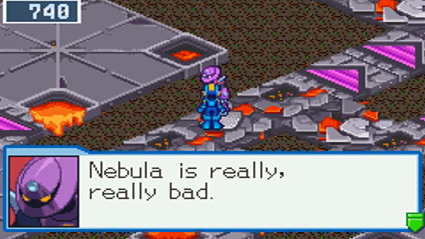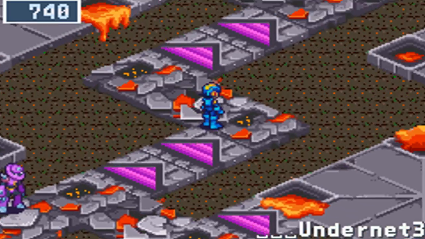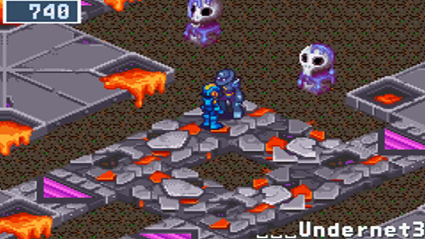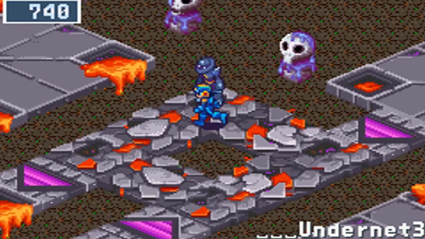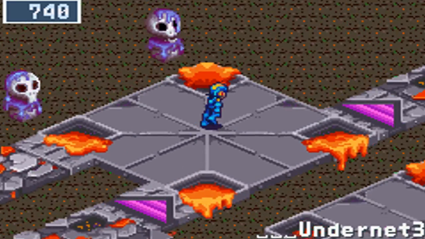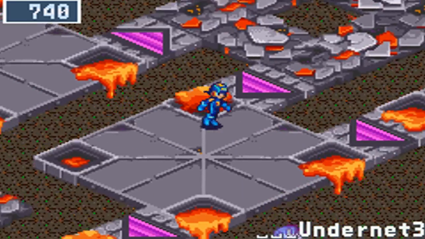Is this another one of those guys? No, this is just the guy that's talking Nebula up to be the best. And this guy, he's another one. Oh no, he's a black navy, but he doesn't actually fight you, so... So much for that. I believe the net dealer is right up here. He's a heal navy as well, so...